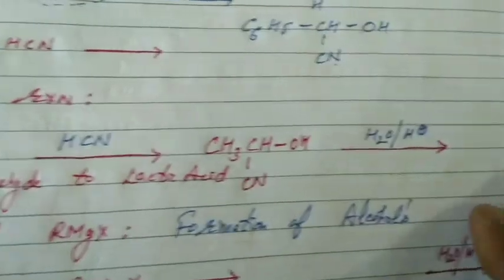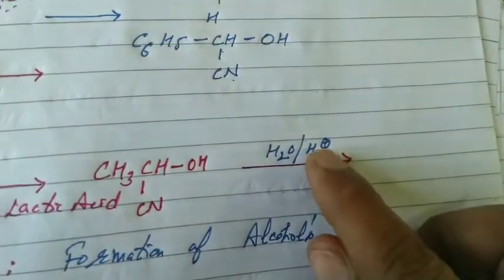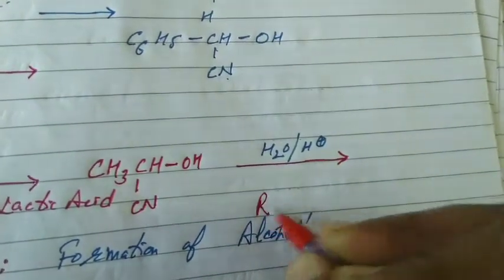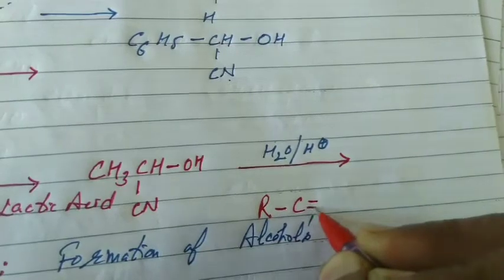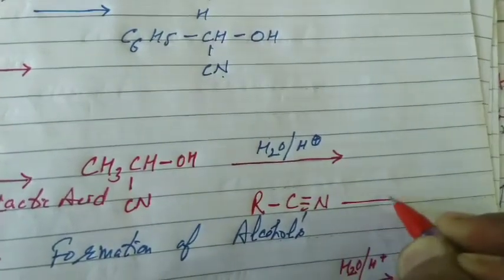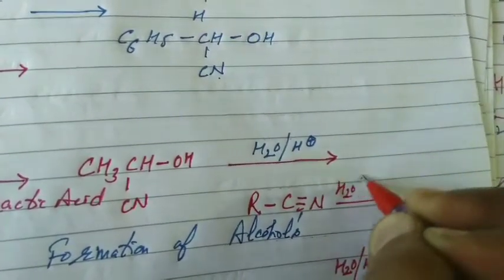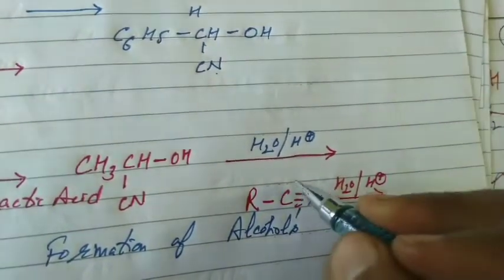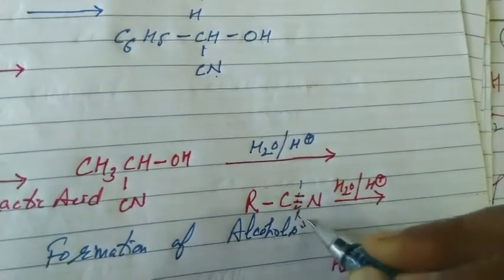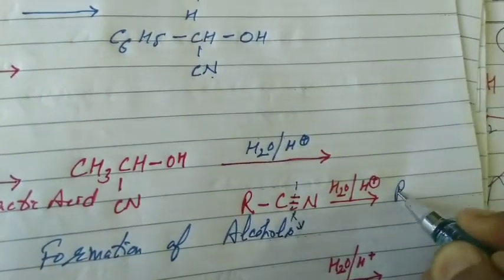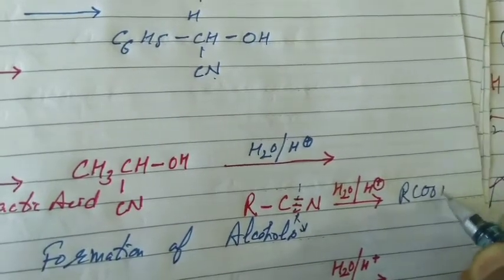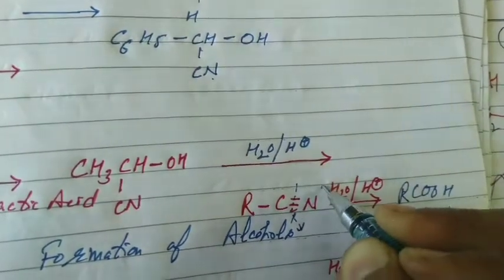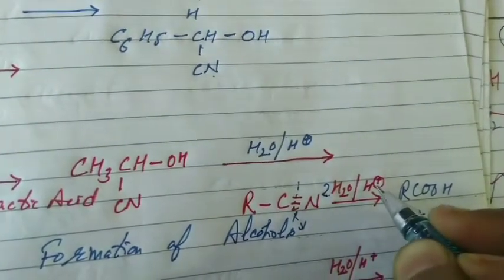Cyanohydrin is obtained. After this, second step, students, water and dilute acid, that is complete hydrolysis. I am going to remind you, when we studied haloalkanes, when we treat a haloalkane with KCN, we get cyanides, and if we treat cyanide with water and dilute acid, all of you know what will happen. Complete hydrolysis, that is, breakage of the carbon nitrogen link takes place. And what is the product in complete hydrolysis? Acid, RCOOH, plus the byproduct is ammonia. That is twice the water attack. No need to mention stoichiometry, it is clear, dilute HCl condition.